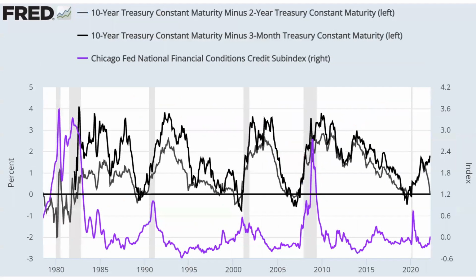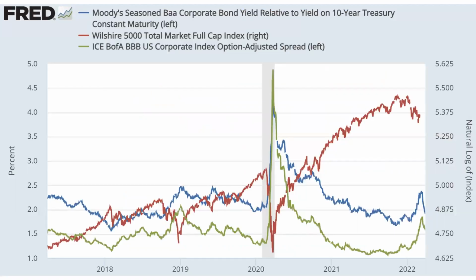So we talked about financial conditions, that pink line, one of the components of that pink line. So the credit subindex, the financial conditions credit subindex, is credit spreads. It's actually one of the big components of it. And this is slightly surprising to me, because even though the equity markets haven't fully recovered, it seems like credit spreads have started to contract, which is a positive for the equity markets. So what you can see on this graph is the blue and the green are basically two different measures of credit spreads